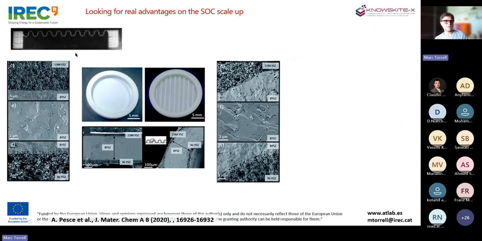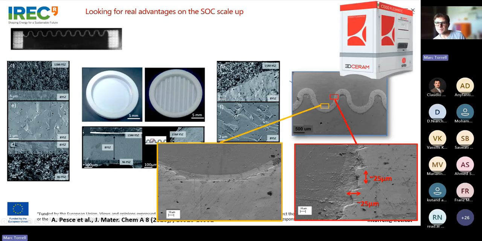Okay, we first characterize, as I was saying before, that everything looks like it looks on the conventional technology, even for the corrugated technology. Here you have some details of the cross section by SEM, where we can see the precision of this printing. So when you have it in your hands, you cannot see these steps because they are very, very small. It's 25 microns of resolution in the Z direction of the printing. So we have a very good finishing of these structures, and we can generate any corrugation that we design.